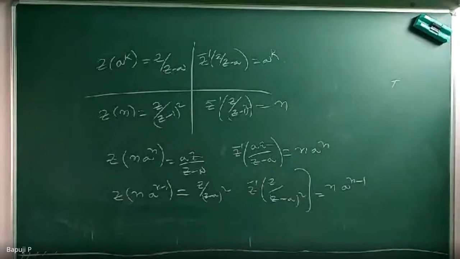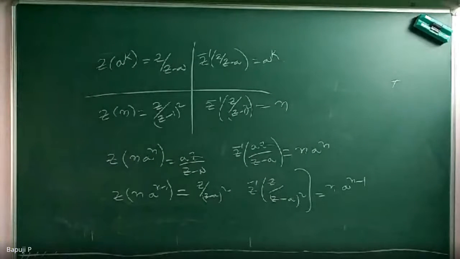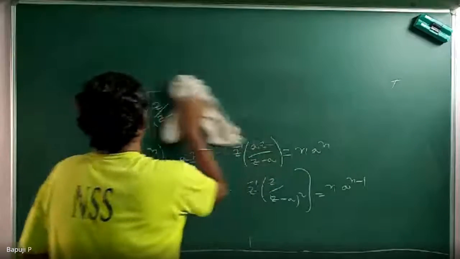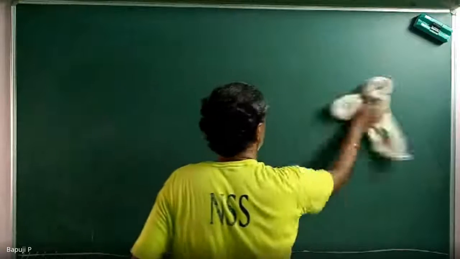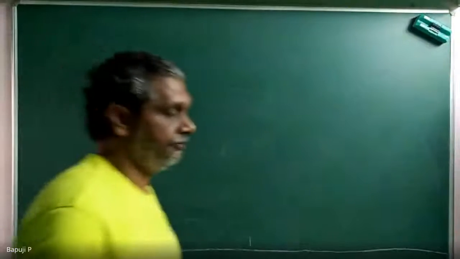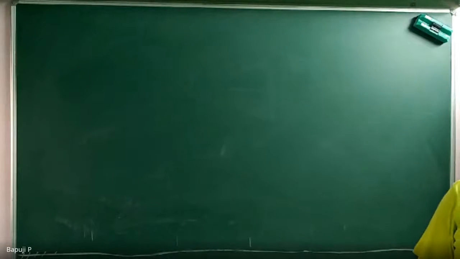Now we do small problems, then we can go for the inverse. This inverse table also remember. Once you are familiar with the inverse table, Z transform means what? Inverse is very easy. You will be able to attack it nicely. So you can remember initially how we will do. Z of f of n means what? Sigma n running from 0 to infinity, f of n into z to the power of minus n. From there I will find out. Before, suppose if they give a sequence, how will they write? These problems we do, simple problems. Then you go for next.